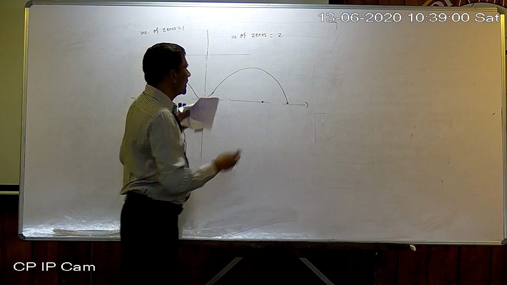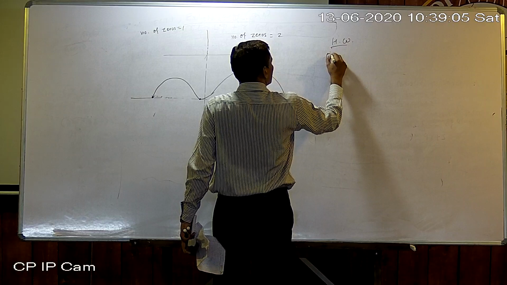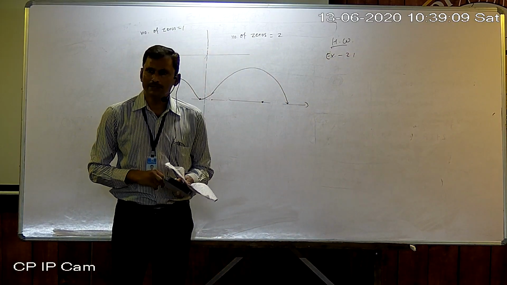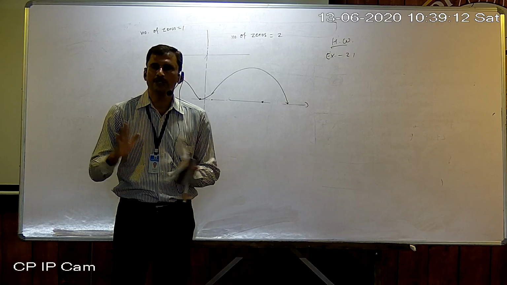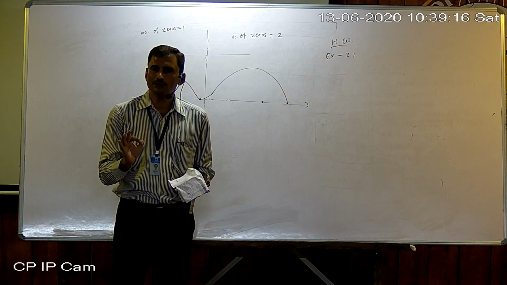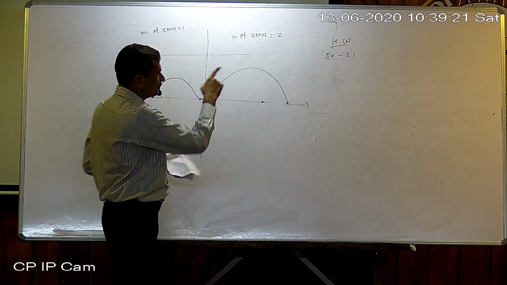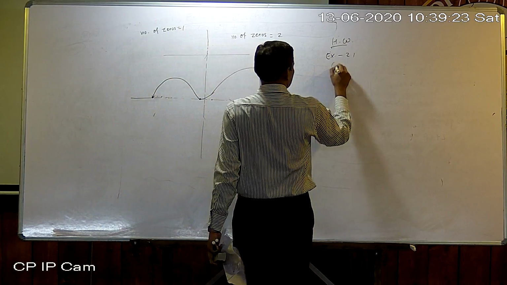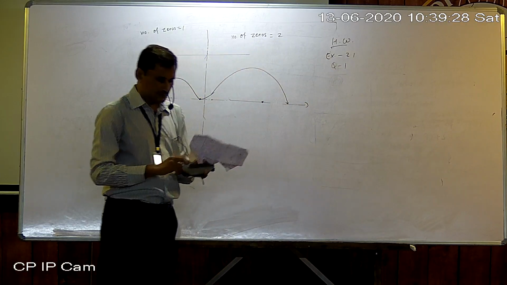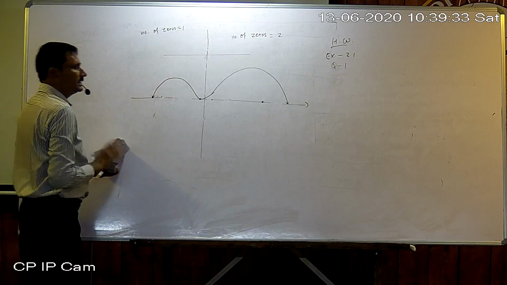Now, in exercise 2.1, 6 graphs are given. You do nothing, only count the intersection points and give the answer. Your answer will be the number of zeros of the given polynomial. So in exercise 2.1, question number 1, there is only one question. There are 6 graphs given. All these 6 graphs are in homework. So from our first topic, that is your homework.